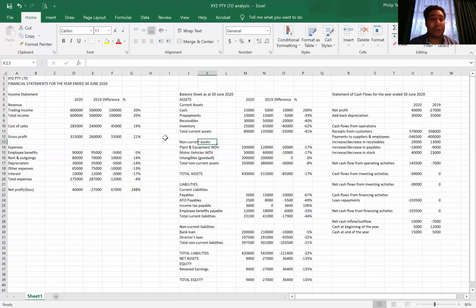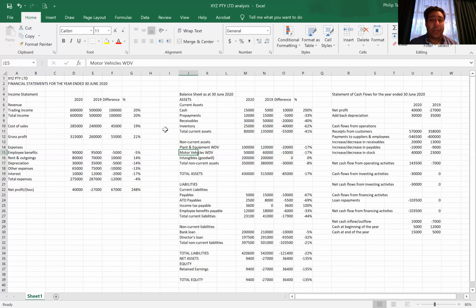Now we have non-current assets, or long-term assets. These are assets that the business holds for more than 12 months in order to provide future economic benefits for the business. In turn, the business uses these plant and equipment and machines in order to generate income for the business. So in 2020, we have plant and equipment at written down value and motor vehicles at written